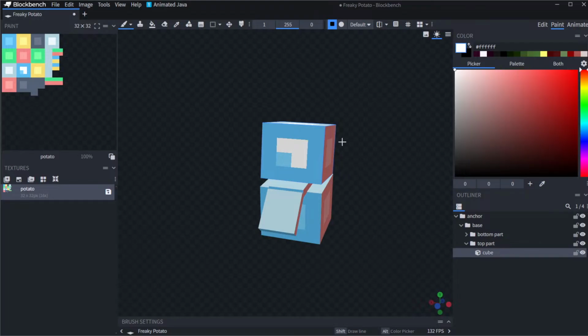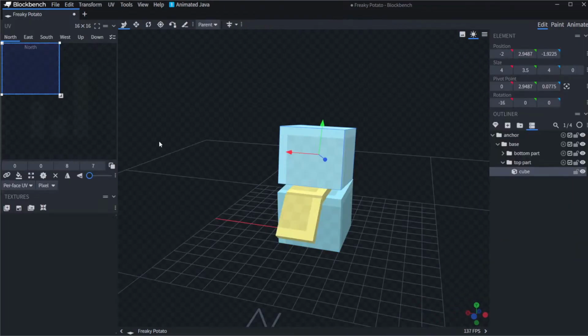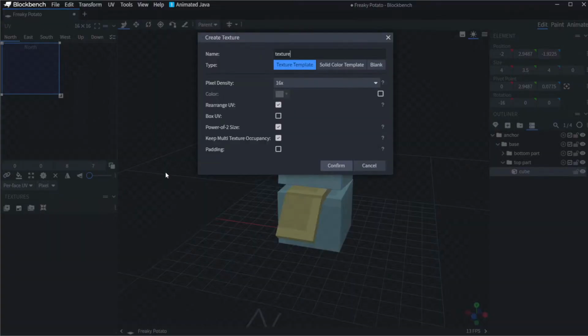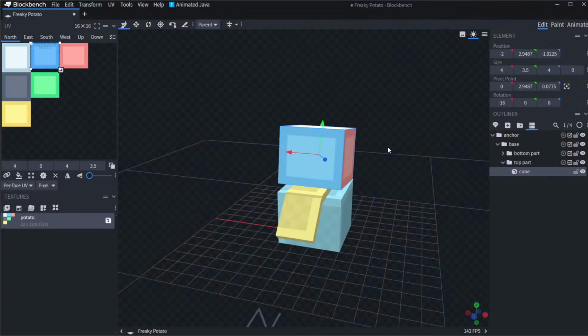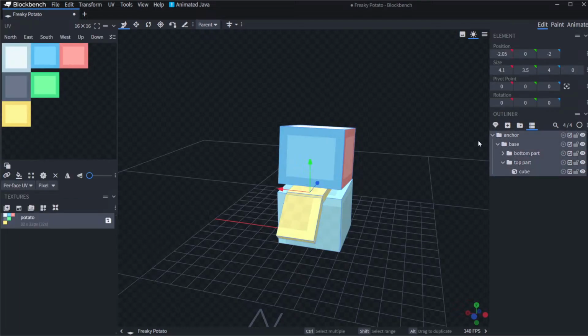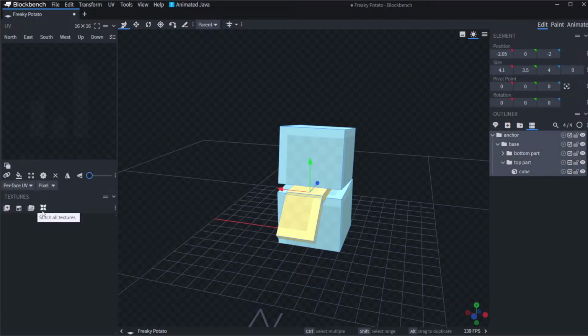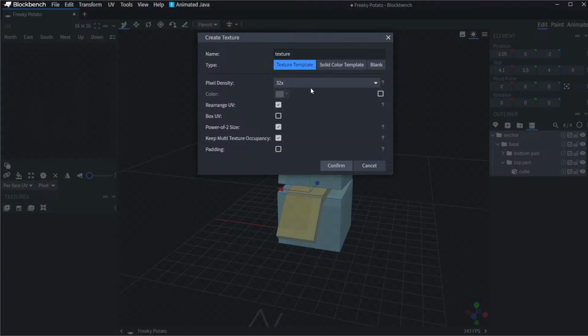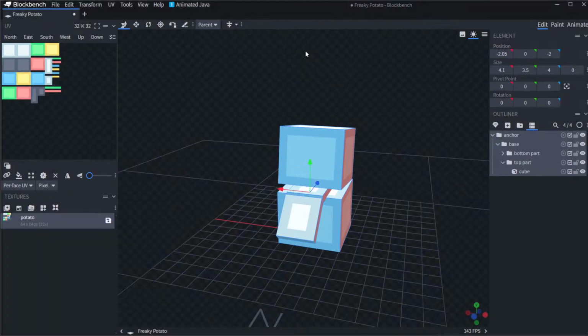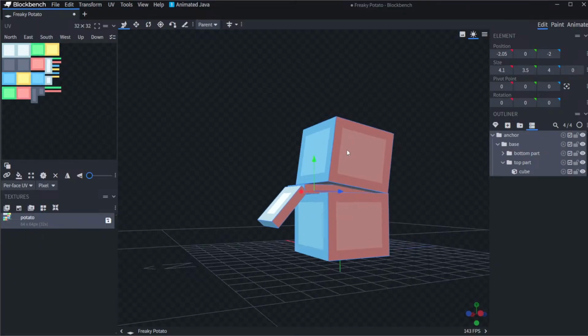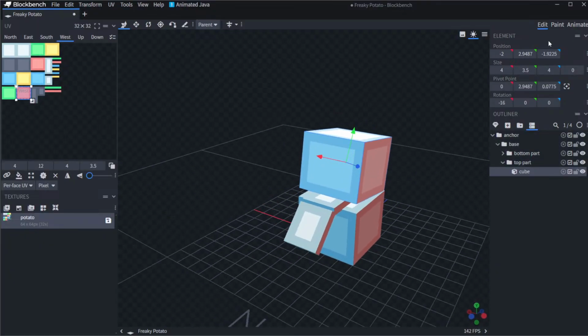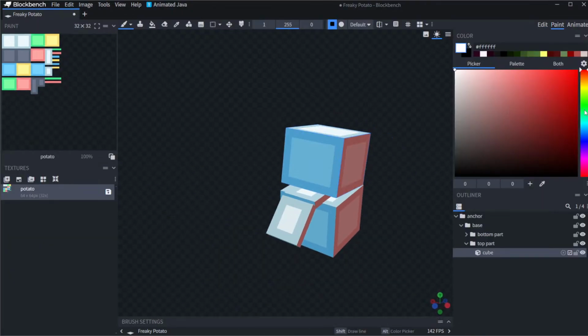I should actually, let me make this texture a bit more detailed, because we don't have a lot of room to paint actually. There we go. And wait, no, I textured the wrong part. Let me do this, call it potato. There we go. So now everything is textured, and we can now give it a potato color,